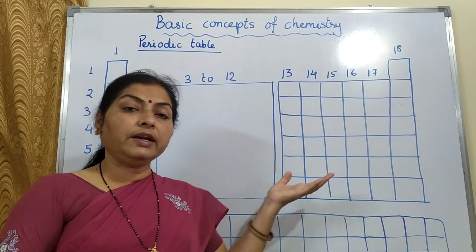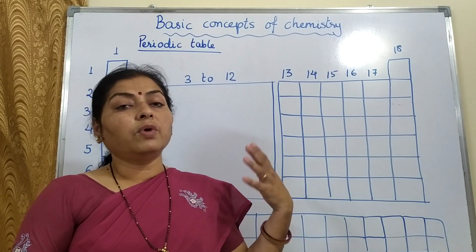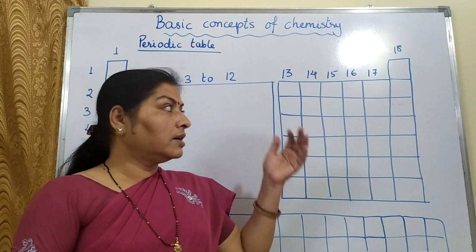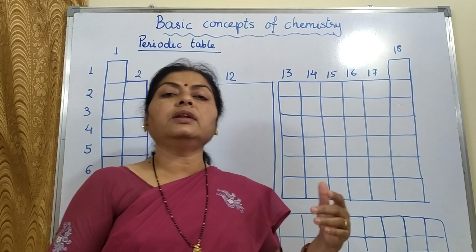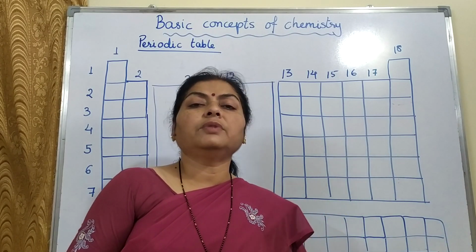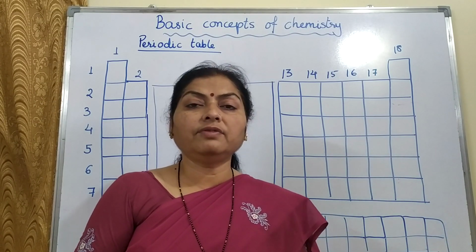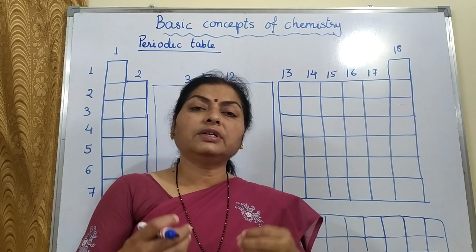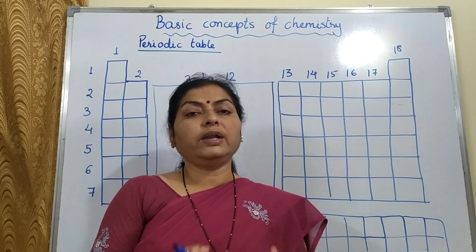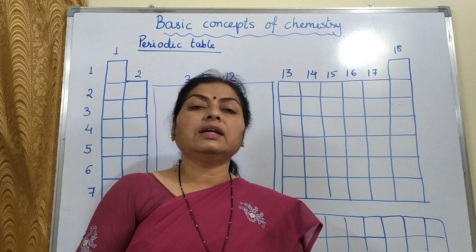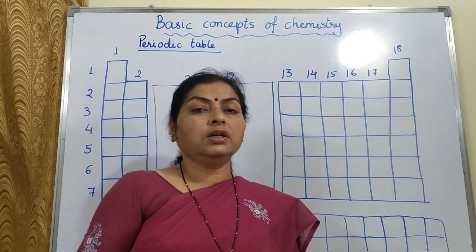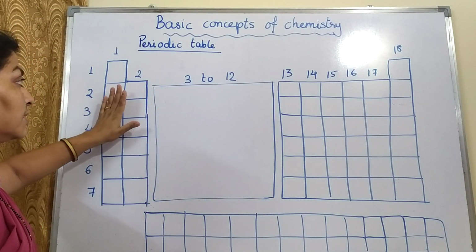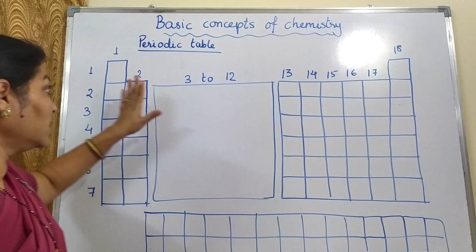So here let us first discuss some simple tricks to learn the periodic table. We'll discuss a few, and you also get many different ways to learn the periodic table from YouTube. You can utilize or accept any method which you like, but the thing is that you should be able to learn. So basically the periodic table is distributed into four parts.